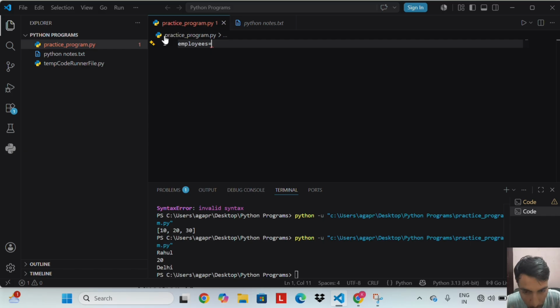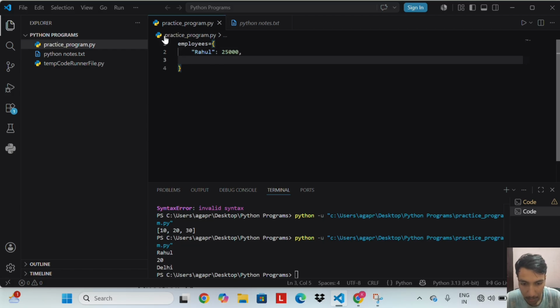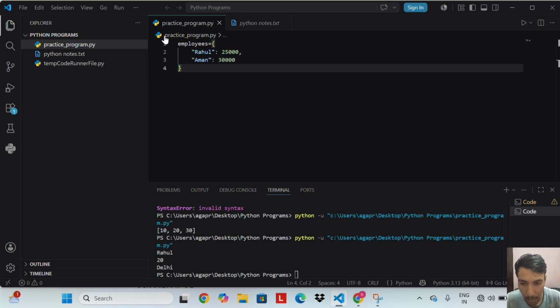Employees equal to Rahul 25,000, Aman 30,000.